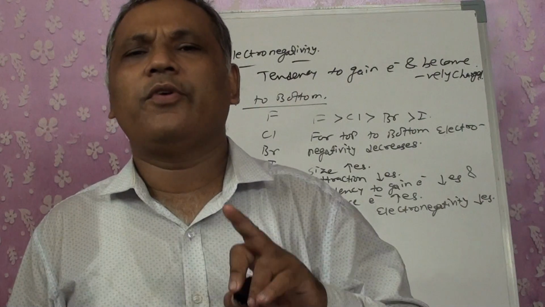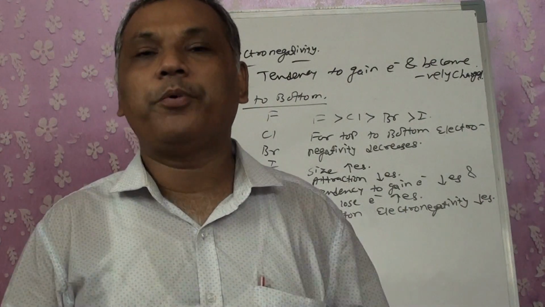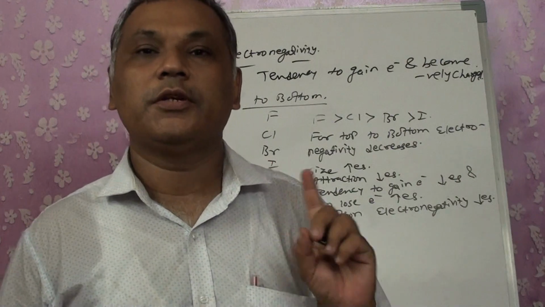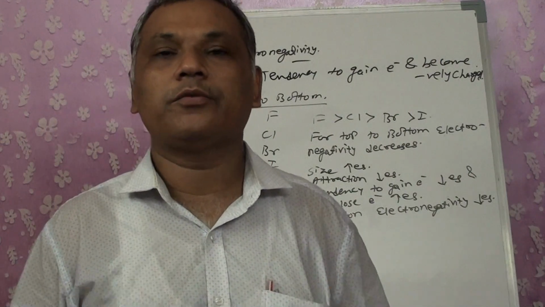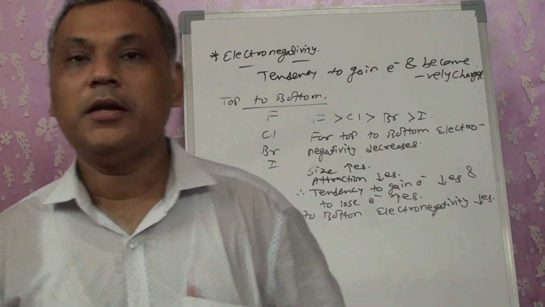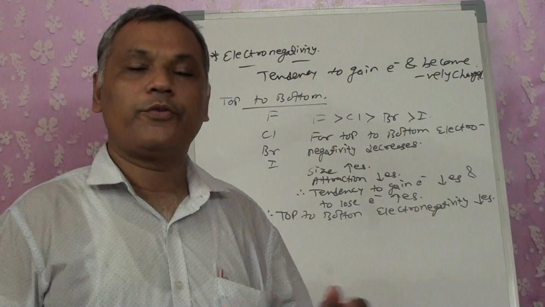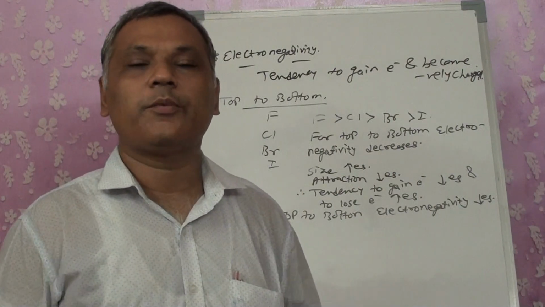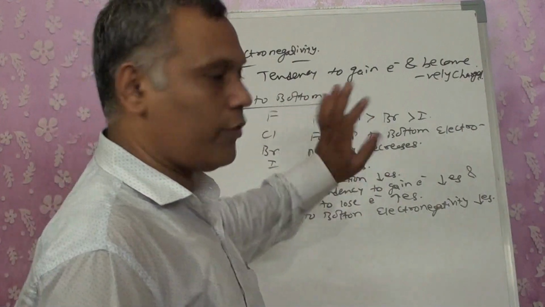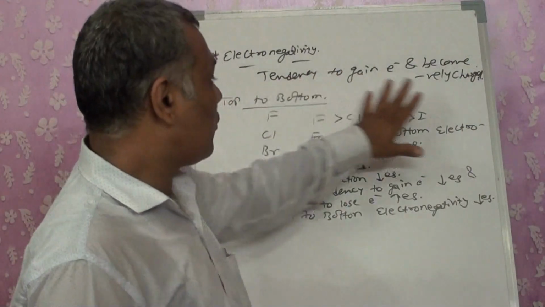They have only one trend to remember. From compound to compound, the electronegativity of an atom will change. But we are not discussing compounds. Here we are discussing only atoms and the periodic trend from left to right or top to bottom. We are not discussing anything related to compounds, so we won't go into the detail of it. Right?